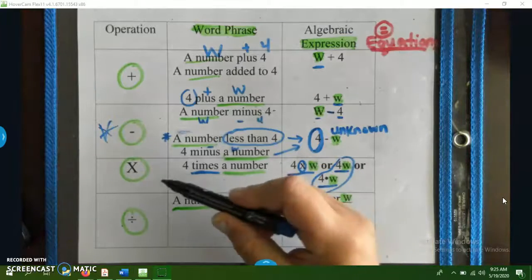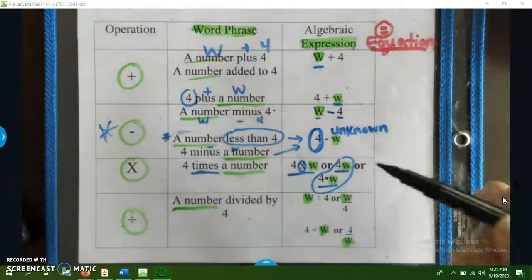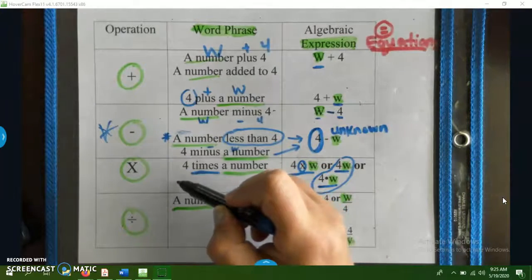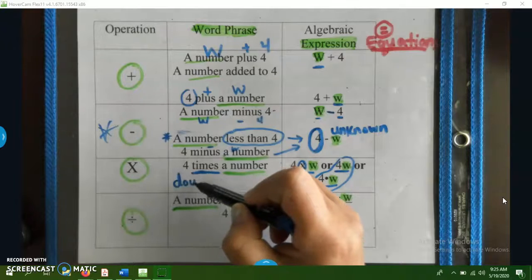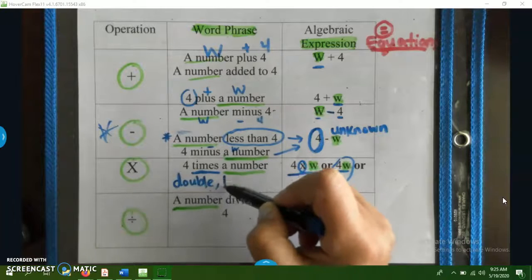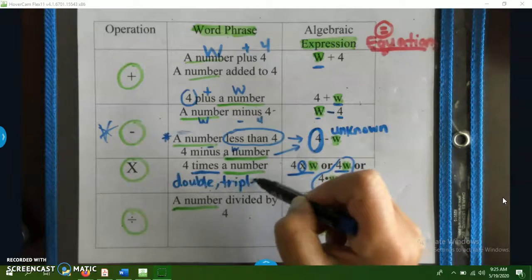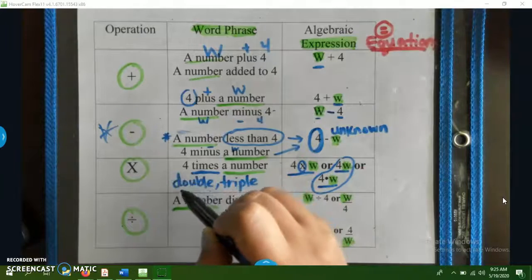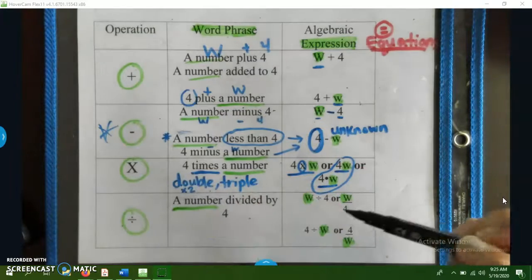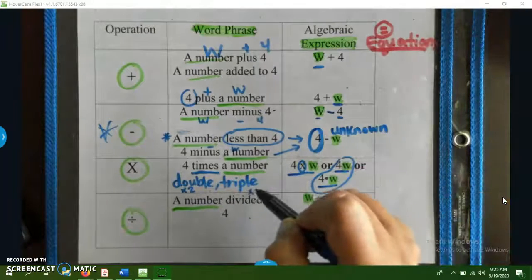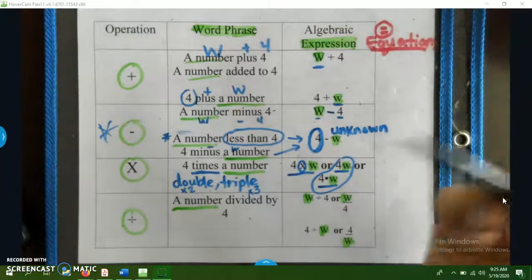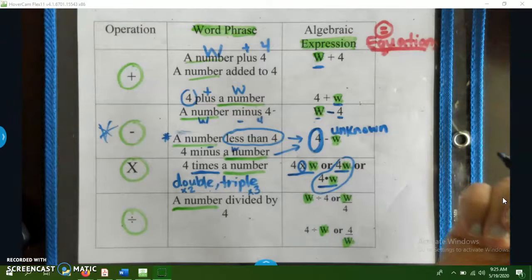Another way that I wanted to add to this little column here that you may see multiplication is if they tell you to double or triple something. Of course, if I double something, that means that I multiply it by 2. If I triple it, I multiply it by 3. So, for example, if I said